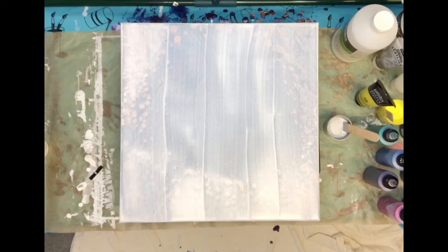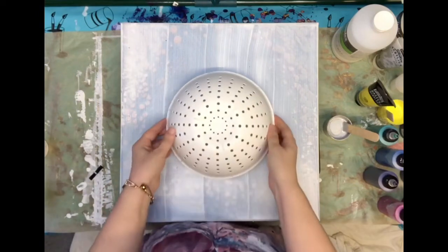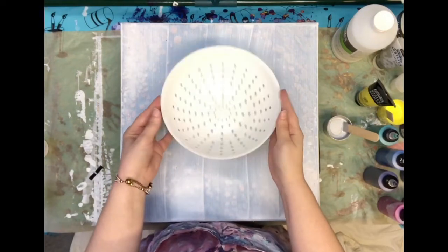My name is Hannah. So I'm reusing a canvas here that I've used before, and all I did was sand down the paint surface to make it nice and smooth, and then I painted an acrylic primer like gesso over the top. Now I decided to do a colander pour today because I got a brand new colander from Amazon